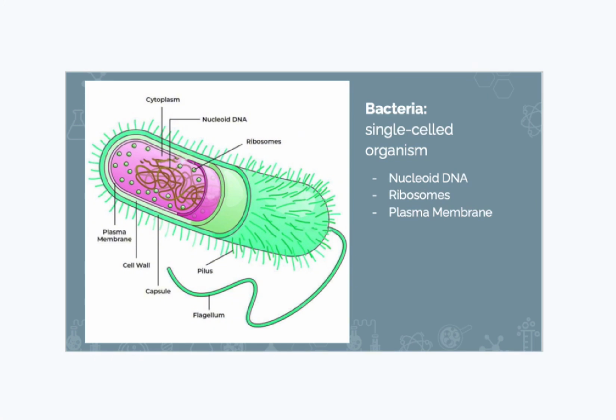A bacteria is a single-celled organism and they come in multiple types, but we usually work with a bacteria that looks like this. It's sort of this rod shape with a plasma membrane. Bacteria is definitely not as complex as a human cell, but they do have some similarities. The similarities of interest for us are DNA, ribosomes, and plasma membrane. We can take advantage of DNA, ribosomes, and plasma membranes to give the bacteria characteristics that are favorable for a